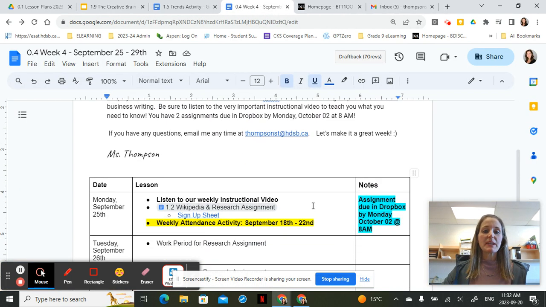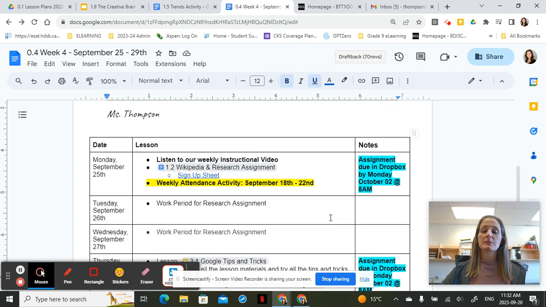Okay. So speaking of tips, this week is all about learning about some different Google tips and tricks, and it's also learning about how we can effectively write a business report. So we're in a business communications classroom. In business, we have different ways that we pitch ideas or discuss ideas, and one writing format is what we call a business report. You'll learn a little bit more about this as you go through senior business courses in high school, but for the purposes of this assignment, we're going to look at how you actually use research and how you use it effectively in a business report.